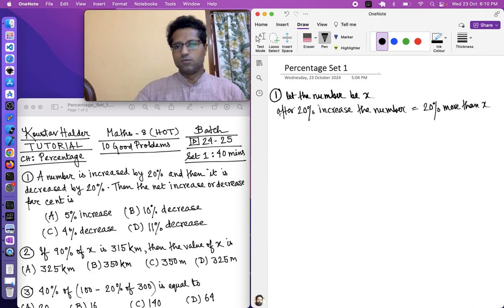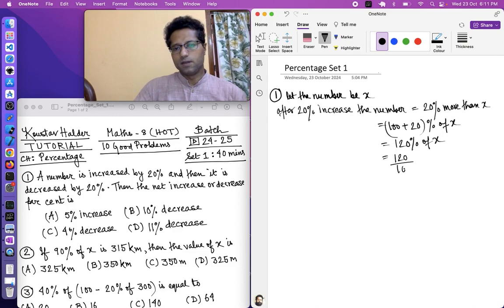So 20% more than x means 100 plus 20% of x. This is equal to 120% of x, and 120% of x means 120 by 100, and of operator means multiplication. So this is 120 by 100 into x. If you simplify 120 by 100, it becomes